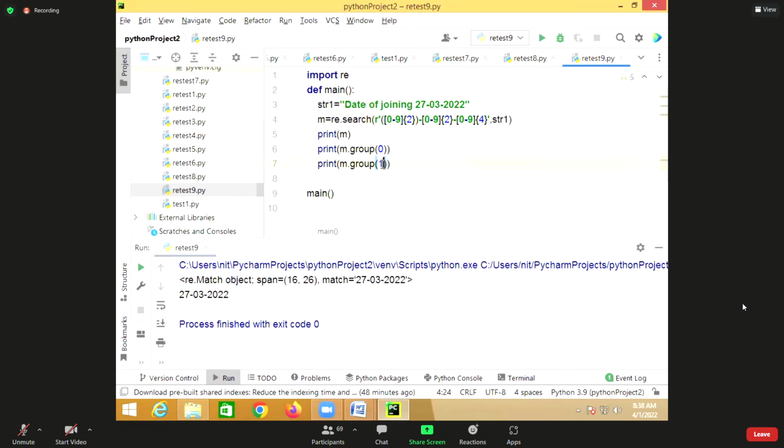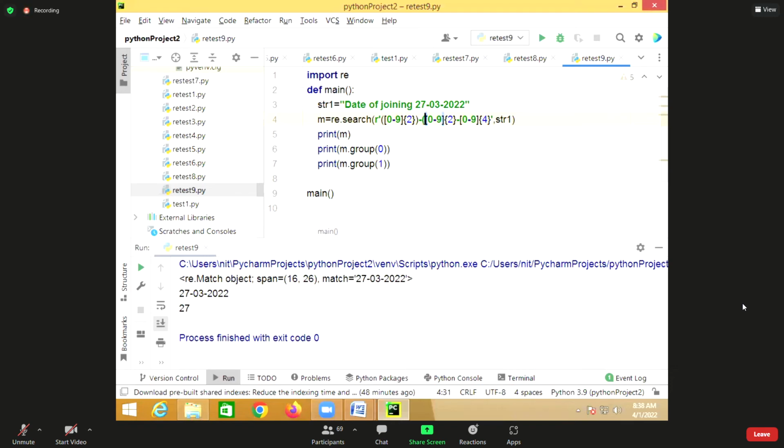Group 1 is the date. The complete pattern is group 0, and within that I'm grouping the date, and within that I'm grouping the month, using parentheses.